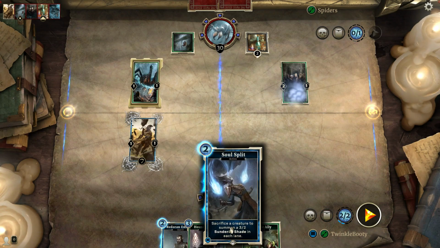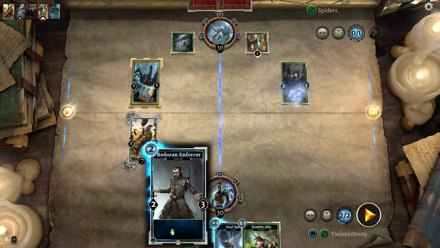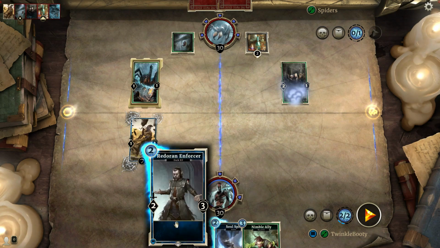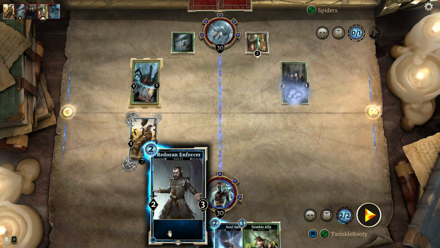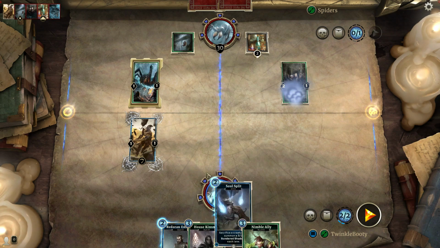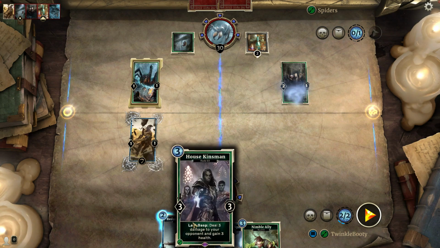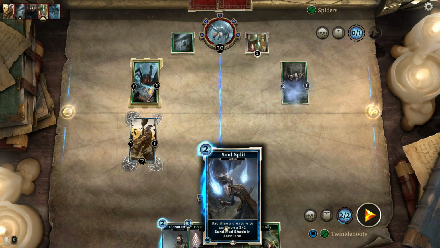So we could do this, do 3 damage randomly to one of these guys, or we could just play this. I think this will kill that no matter what. And if we do this, he can kill that. So basically what we're doing is we can either have a 3-2 or we can have a 2-3. Let's just go with the 2-3 and hold on to this for, well,